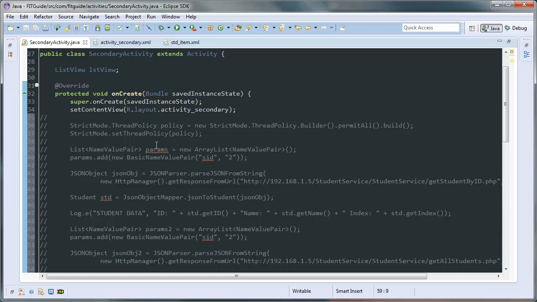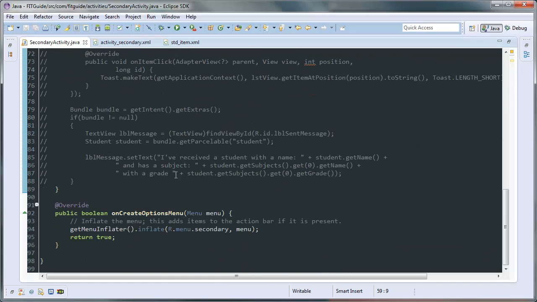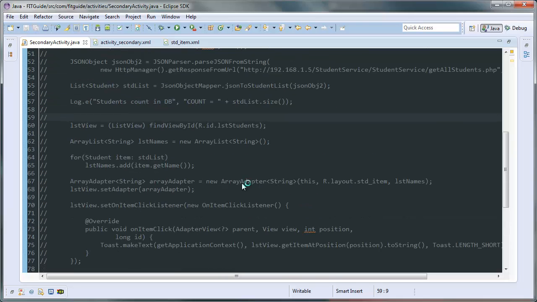Now everything is completely commented, so nothing of that code is working right now. Since the task we are executing is the HTTP request task, we need to execute this